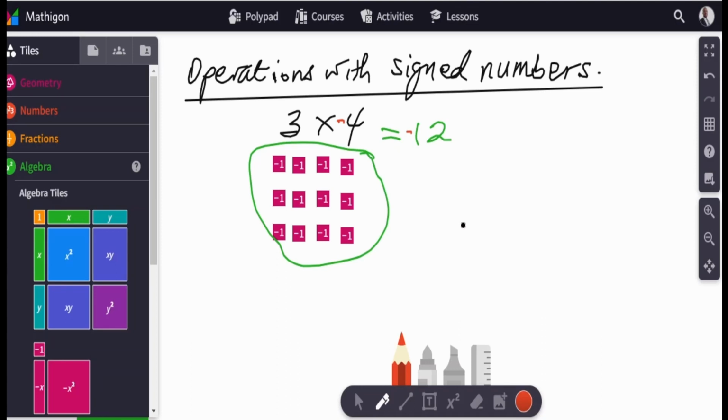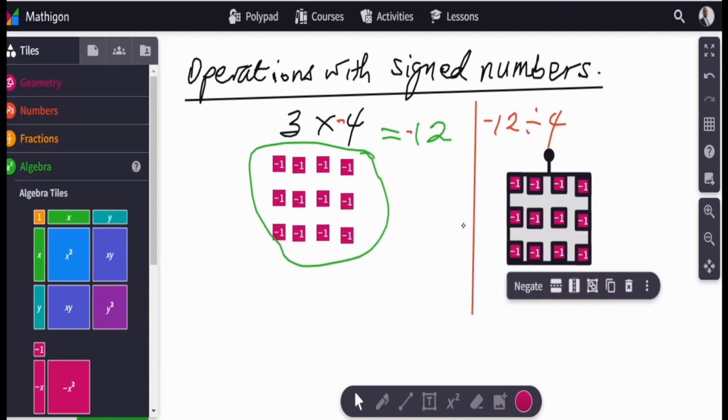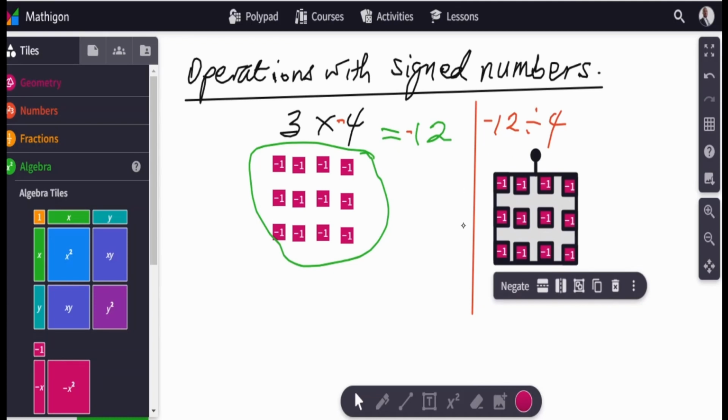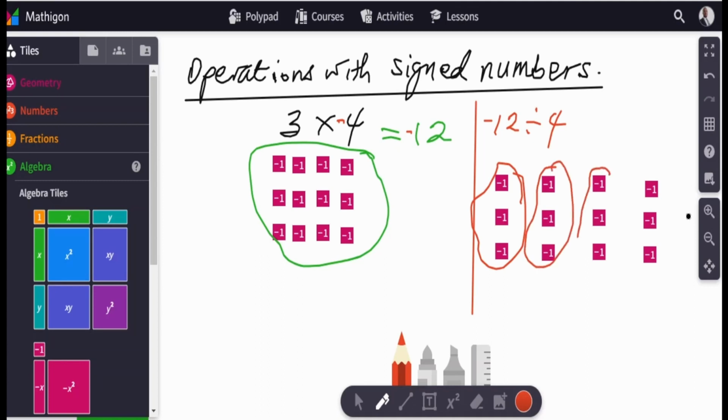And we can try a similar thing for division. So let's say we have the reverse of that, where we have -12 divided by 4. So literally, I'm just going to pick this 12 here, duplicate it, and put it into 4 groups. I'm going to have 3 of them in each of the groups. So that is -12 divided by 4 is